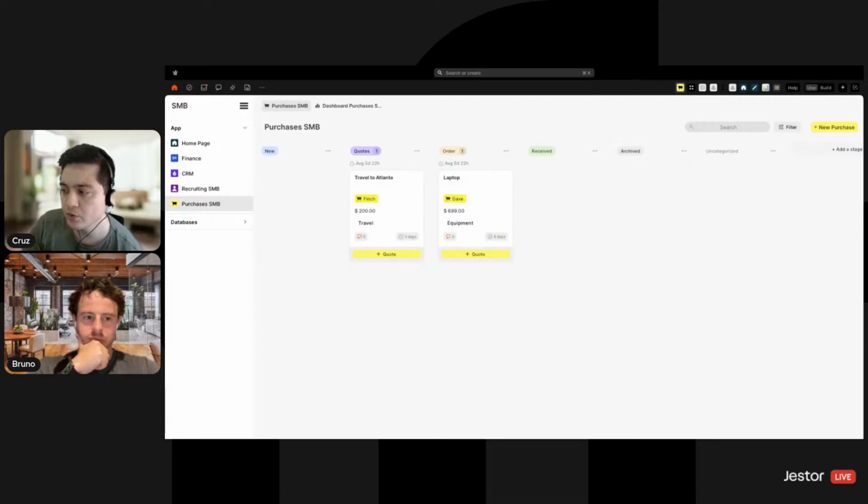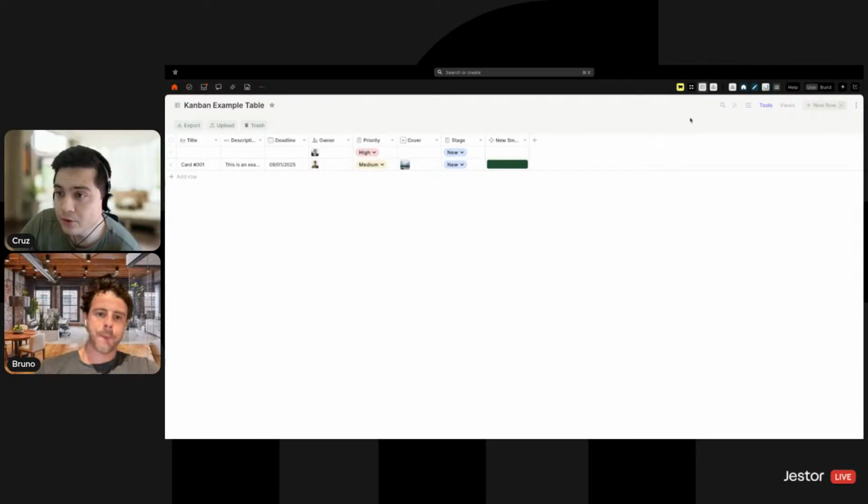But I'm just showing you guys this screen so you can see that there's a lot of stuff you can do with the Kanban board besides what we've shown you. But we're nearly 1 hour into the live stream, so we're going to cut this a little bit short. But the last thing that I wanted to show is if I go back to the table,